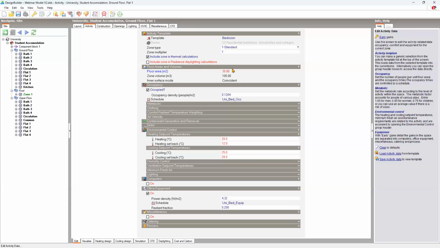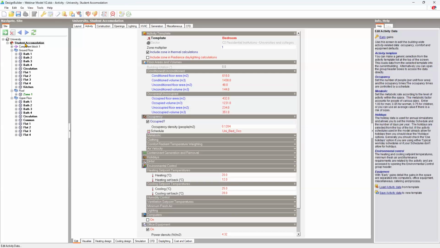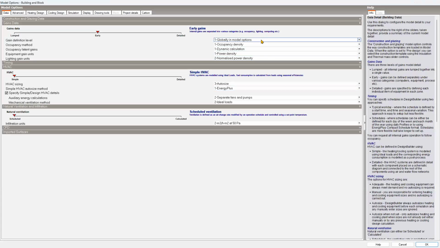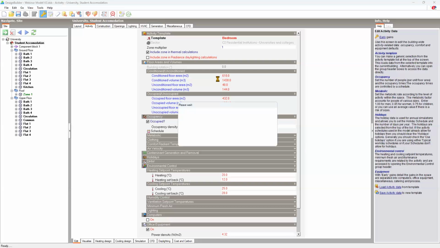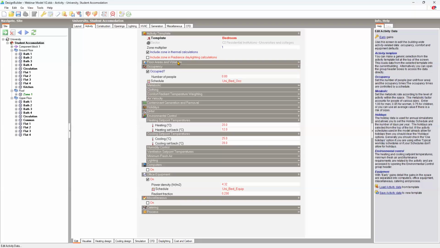However, in our case, our flat is single occupancy. So therefore, I need to make the numbers more realistic and correct to my case. So I'll just change the occupancy method, and instead of number of people, I'll change it to